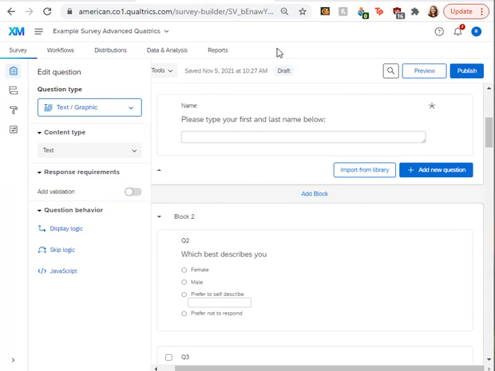So this is our example survey that we've used in previous workshops. We're on the survey tab right now where you create the questions, but to get started with how to do survey distributions, we're going to go to the distribution tab, which can be found on the top horizontal menu, and it's right in the middle right here on that top horizontal menu bar. So we're going to go ahead and click that.